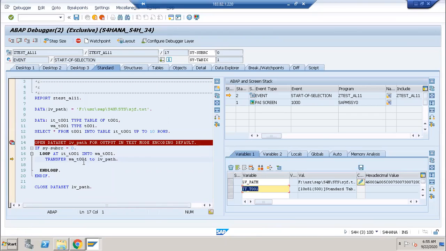So the work area data I'm passing to the HAF. HAF is a file here. That file is available in the application server. Click on F6 button. Now the size of RC value is 0, means the above line is executed successfully. So like that it will loop 10 times, because 10 records are available there.